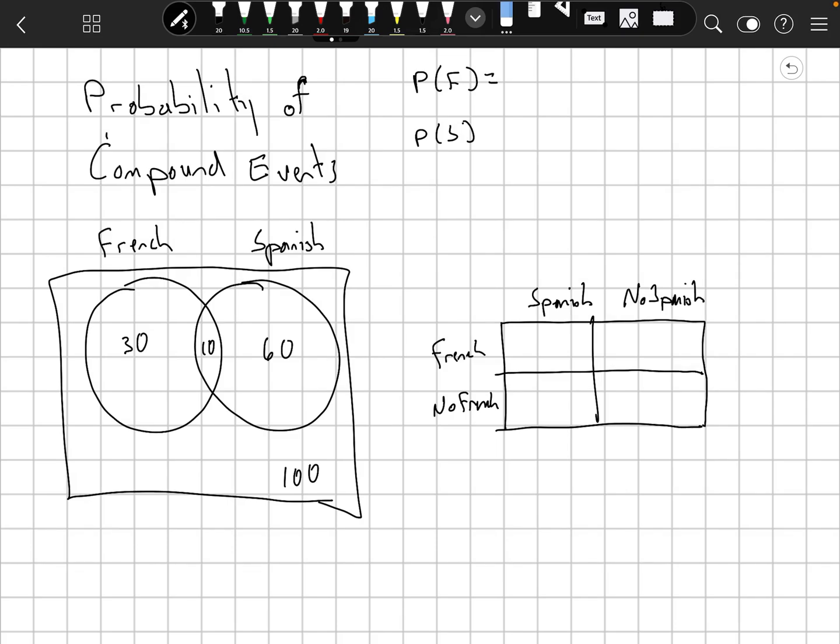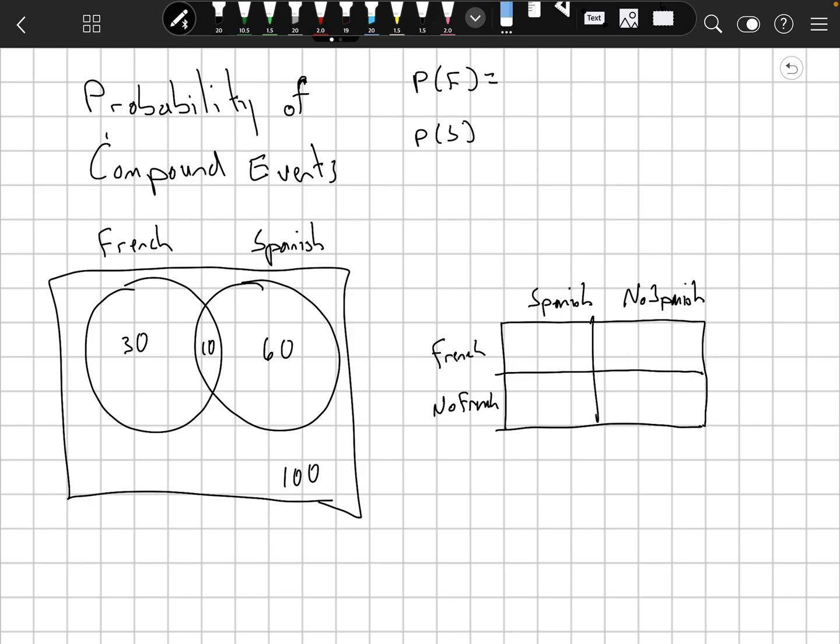I wanted to work on the idea of compound events today, so we're going to be talking about that. That means the probability of either having one event happen or the other event. So that's what we're looking at. We're going to start with a scenario of